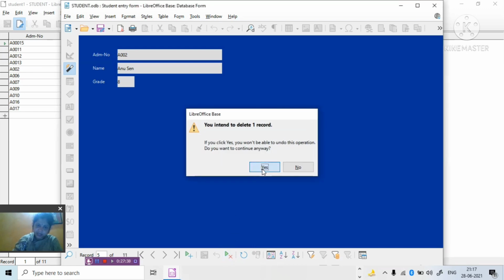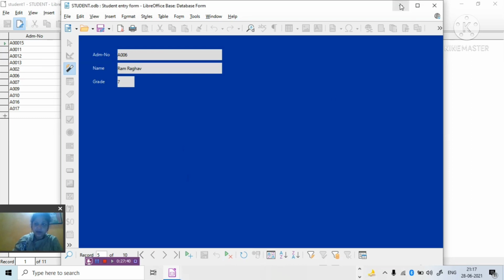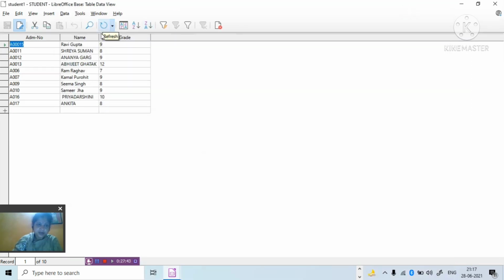Click on yes. Now refresh the database. You can see this A002 data is not there, Anu Sen is not there. So you can use the form to view the data, to enter the data, to update the data and to delete the data also. Hope all of you understood.